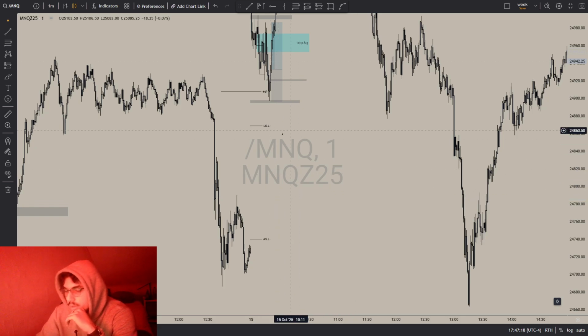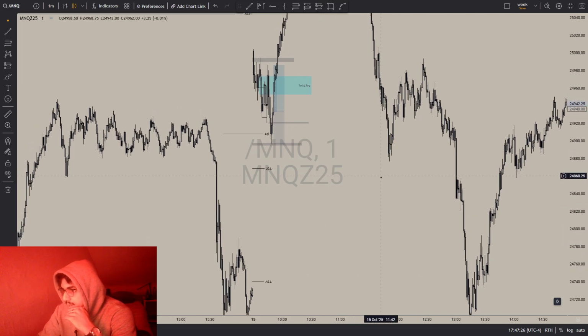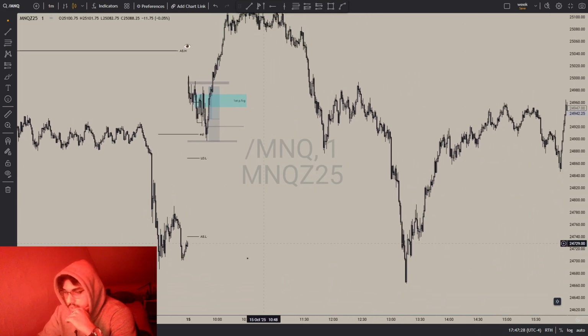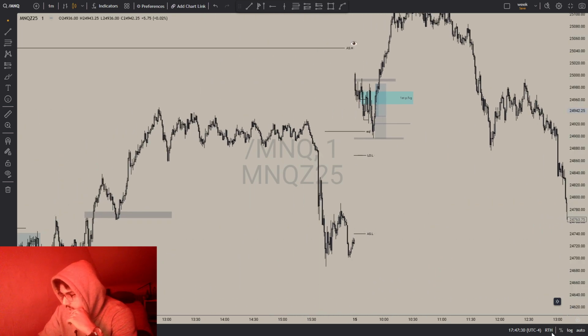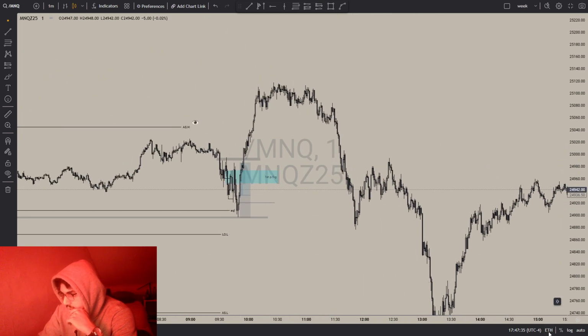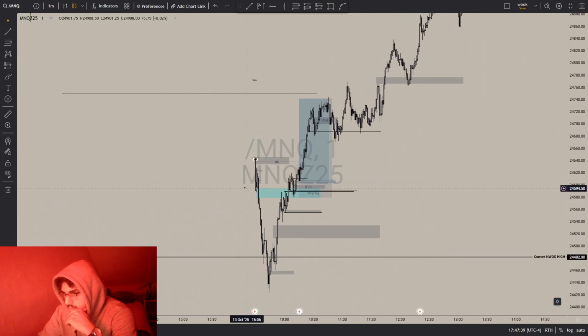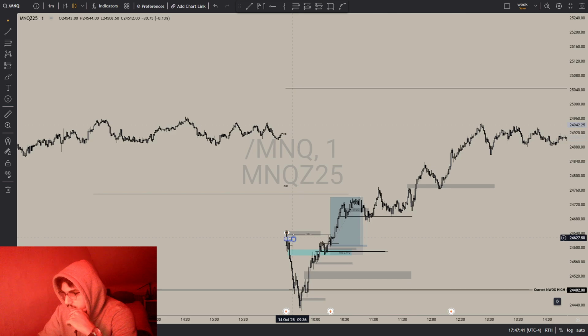I will do a video about this in our bootcamp, just to give the basic stuff about it, how to use it, how to mark down the levels and everything. But you can try this. I think you can change it here from extended trading hours. This is the normal chart, and then you change it to regular trading hours. You can see here that every time it gets filled, this is our open range gap, it got filled.